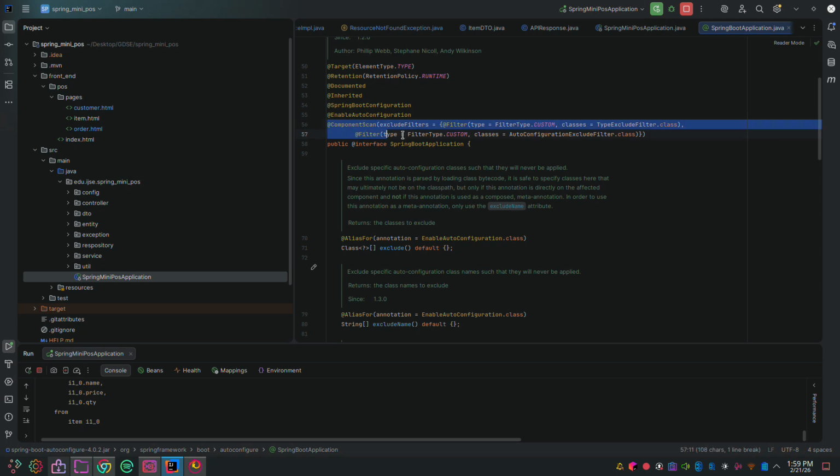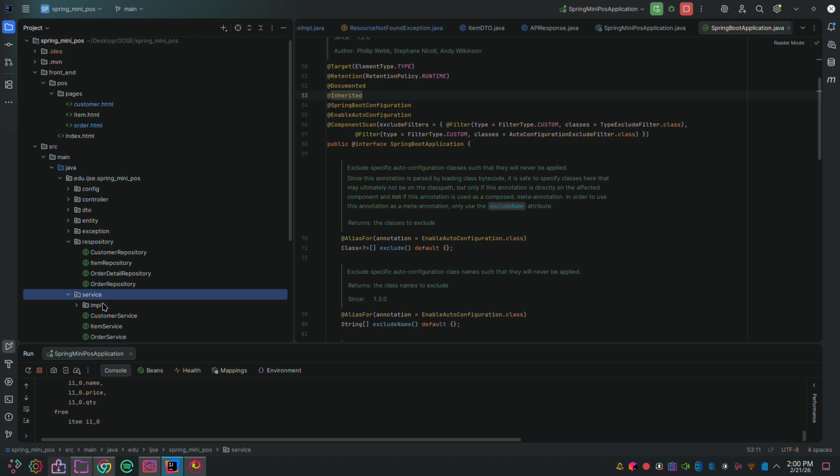Did you see the component scan annotation and auto configuration? Yeah, these two. So this means when I run this project, that's the difference between Spring and Spring Boot. The main difference is the fewer configurations. So these annotations are here for it. It basically auto runs configurations and does the component scan for all the classes with component